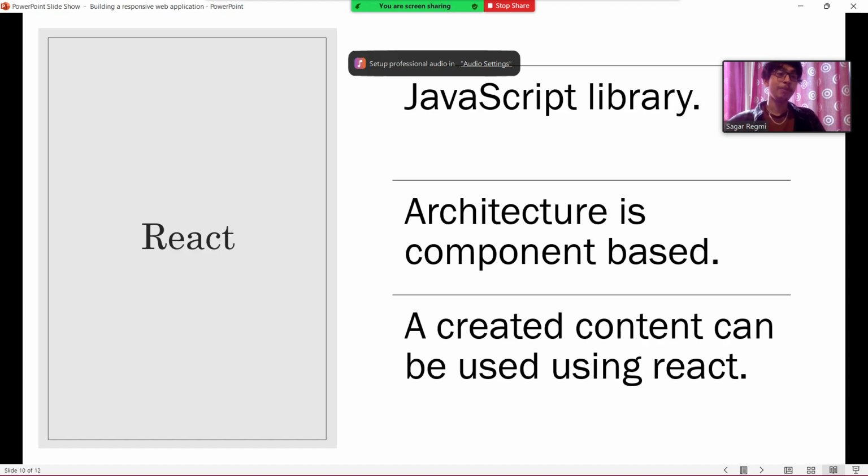And React is basically a JavaScript library which is widely popular and which is easier to understand than vanilla JavaScript. Vanilla JavaScript is just plain JavaScript. When building a big project, plain JavaScript can be hectic and boring, and it is harder to edit. It's more difficult in plain JavaScript. But React uses a component-based architecture, so we can use web content in different